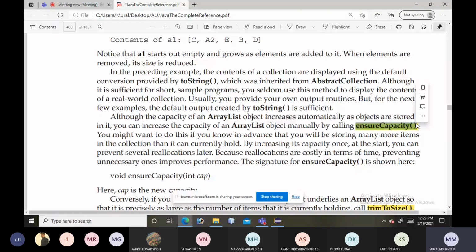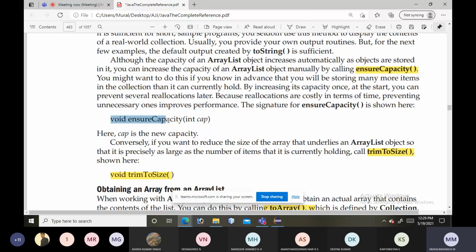So how can we call it? You can just see void ensureCapacity(int cap). Here cap is nothing but the capacity. So here we are specifying the capacity, meaning the size of the ArrayList. Suppose I need to store 50 elements inside the ArrayList, but while declaring I thought that 45 is enough, then I gave the capacity as 45. Since the ArrayList is dynamic in nature, up to 45 no reallocations will be happening.